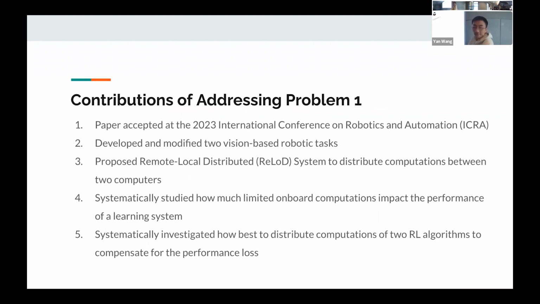The work of the first part of my thesis resulted in a published paper accepted at the 2023 International Conference on Robotics and Automation, or ICRA. In this paper, we developed two vision-based robotic tasks using a robotic arm and a mobile robot. We also proposed a real-time